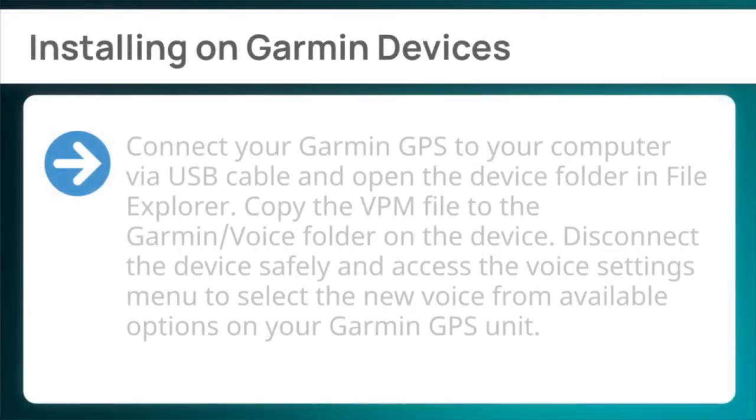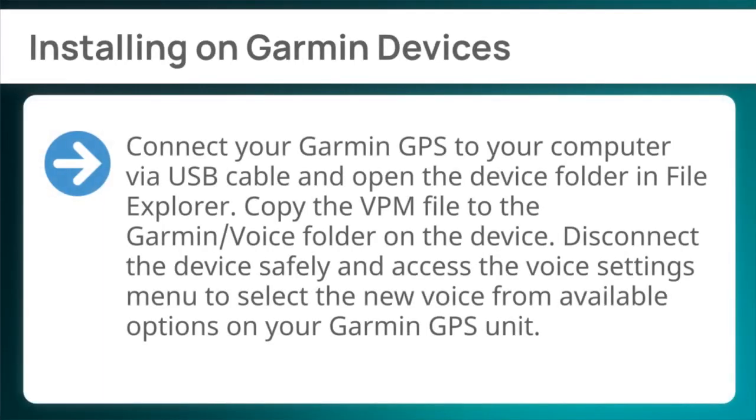First, installing on Garmin devices. Connect your Garmin GPS to your computer via USB cable and open the device folder in File Explorer. Copy the VPM file to the Garmin voice folder on the device. Disconnect the device safely and access the voice settings menu to select the new voice from available options on your